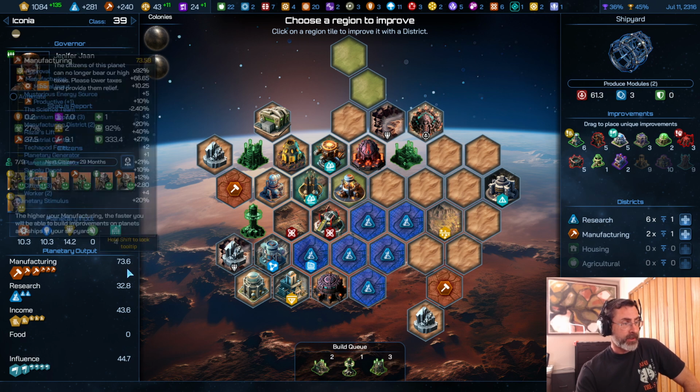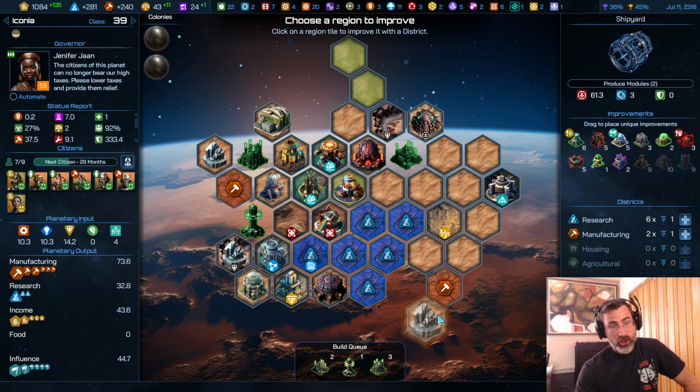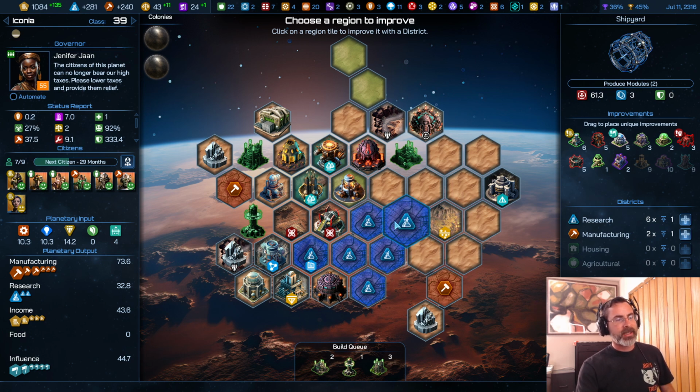For the time being, listen, they're outputting plenty of manufacturing, a lot of research, a lot of income. So it's a good general world because it's a capital world. It's Iconia. What are you going to do? We'll let those build up. I don't think I want to keep delving into research here, though. I'll be honest, but...